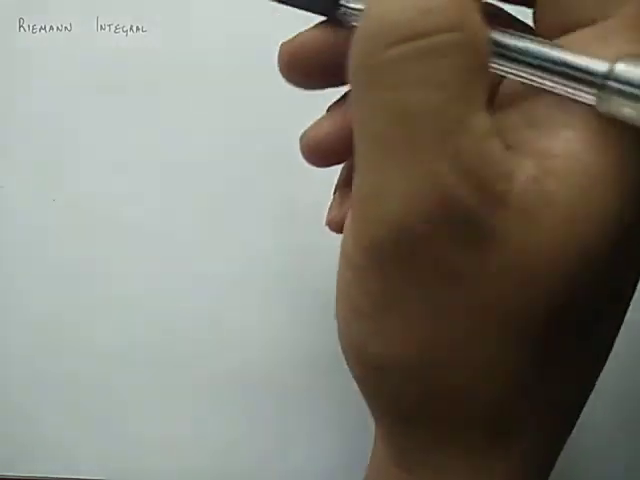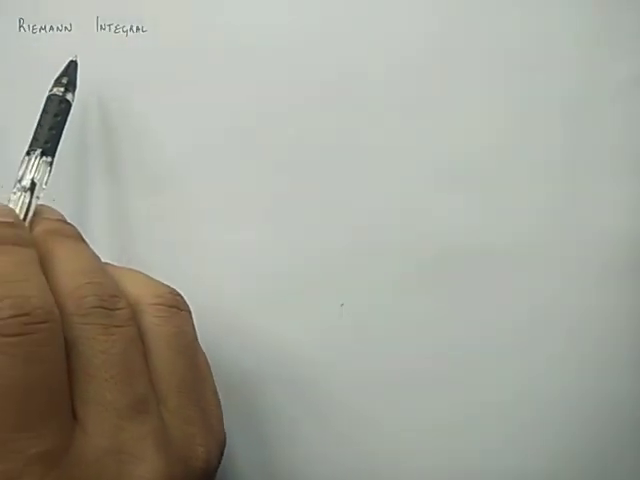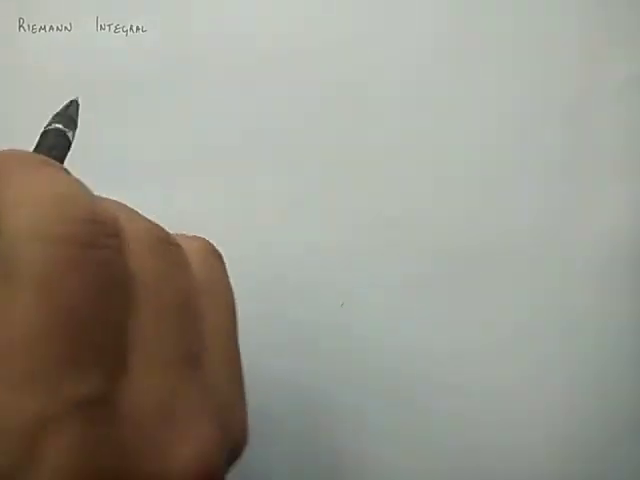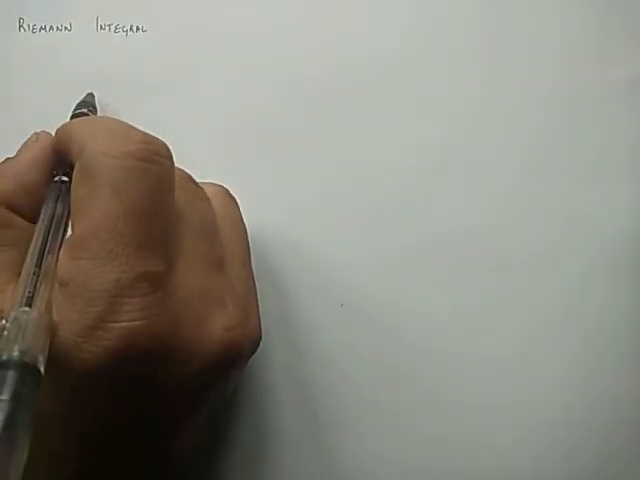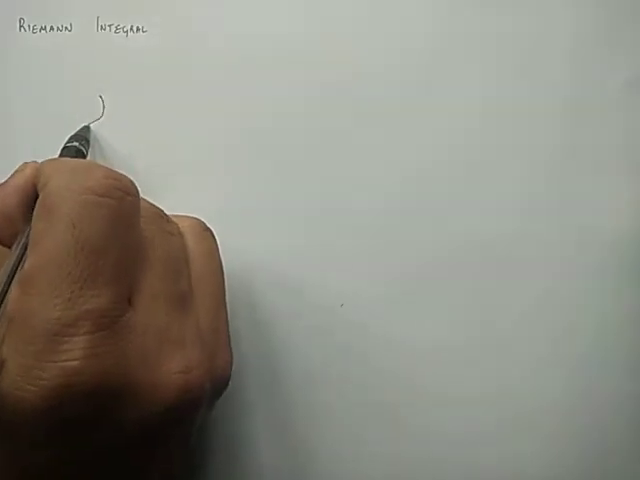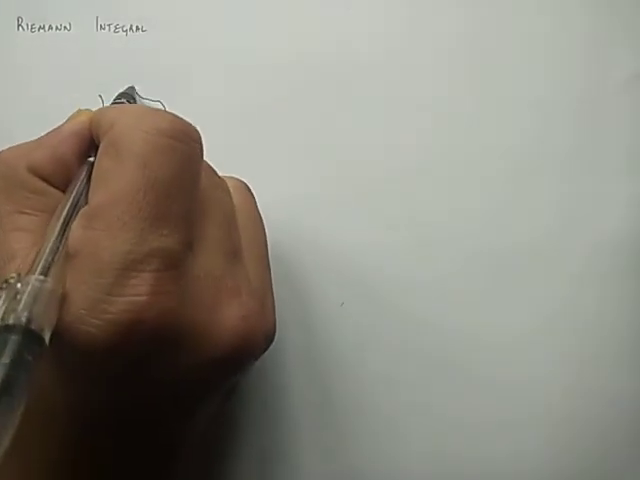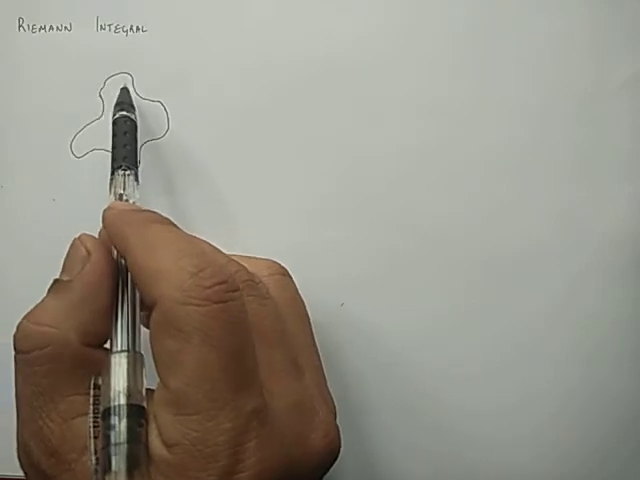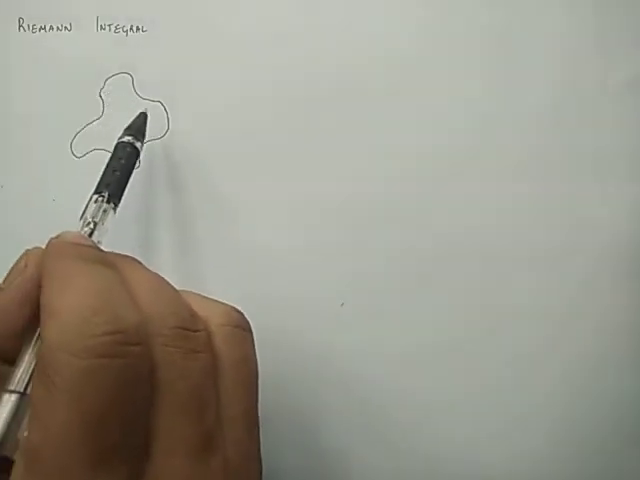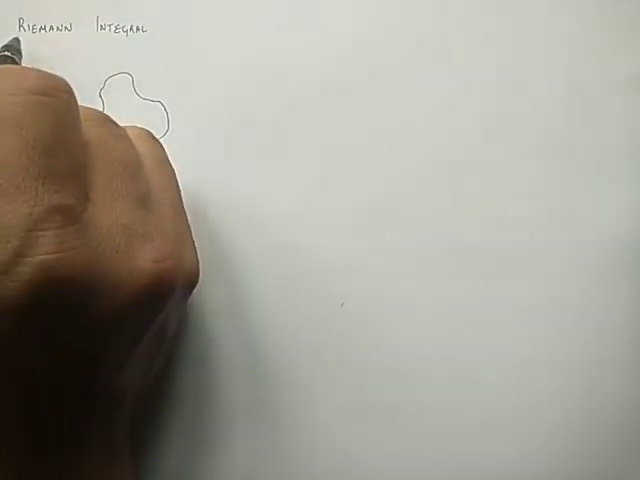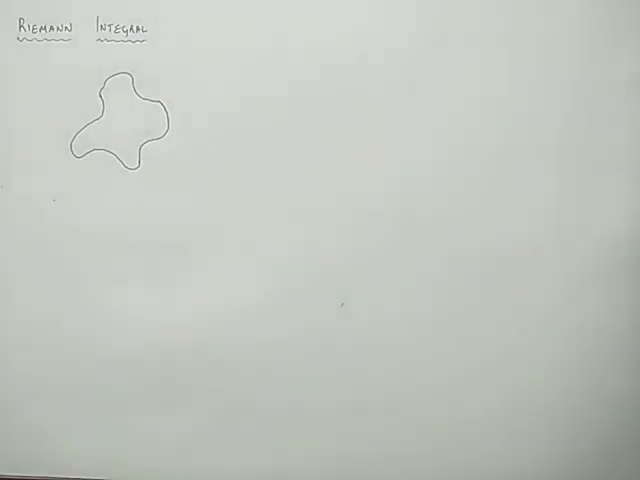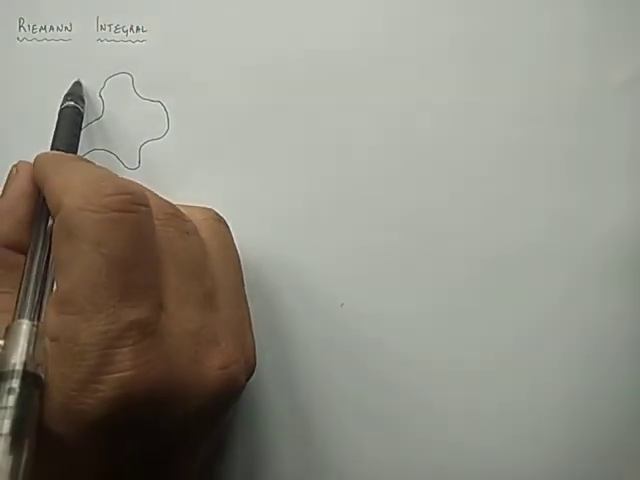Let us try to understand Riemann integral, the theory of Riemann integral. Suppose that we have any surface bounded by, let's say, any curve. We have a surface bounded by any curve, and we need to find the area enclosed by this curve. What we can do, in order to find the rough area, is draw a